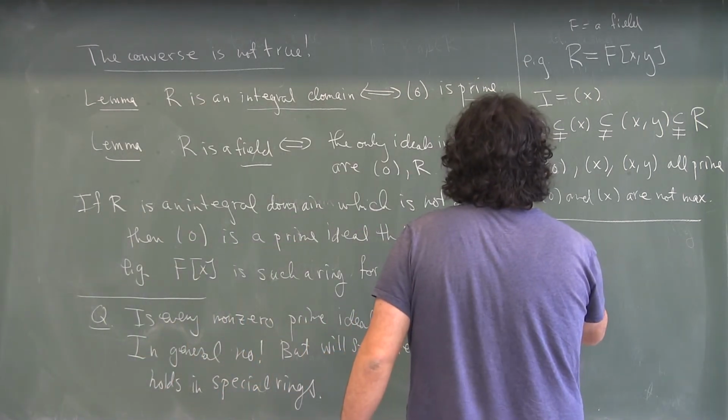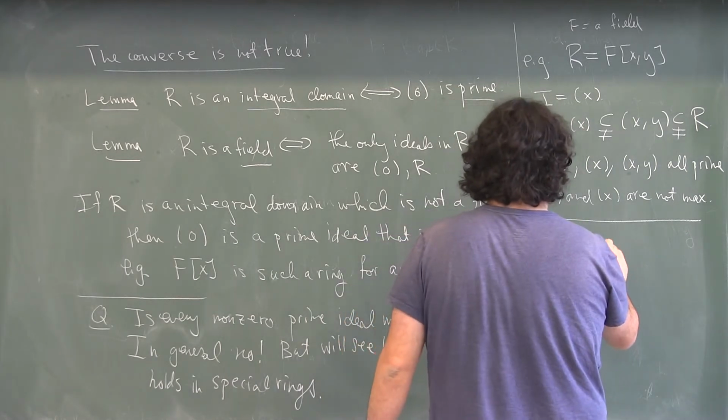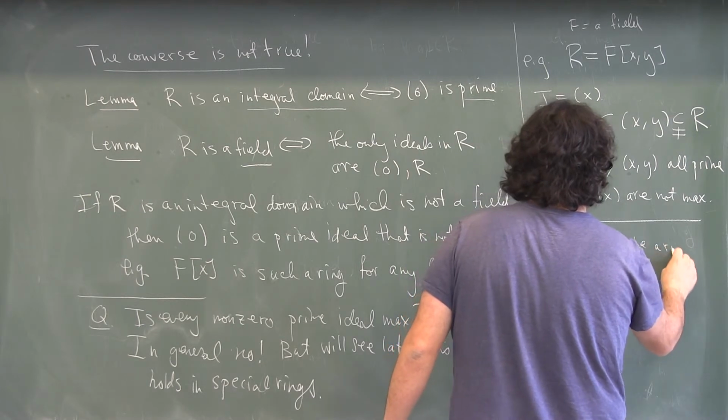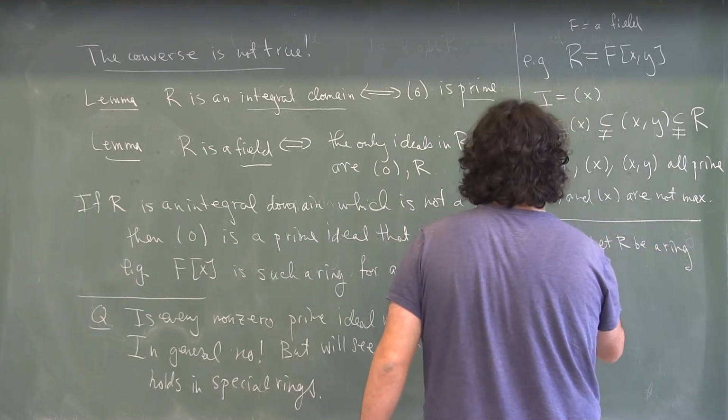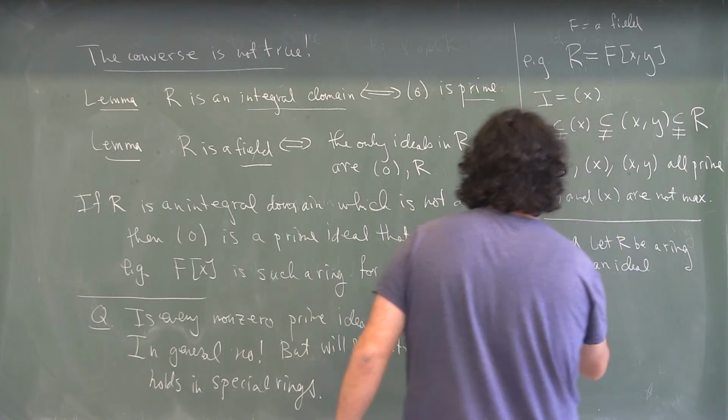So we have the following lemma, which says that, let R be a ring, I in R an ideal, then